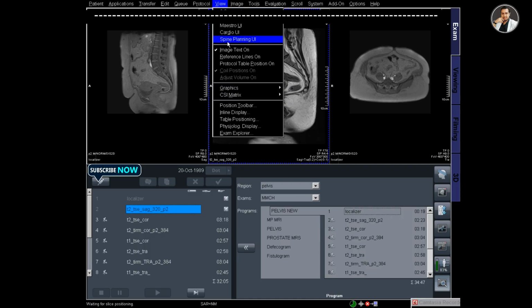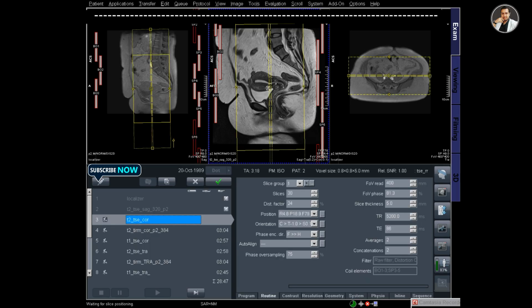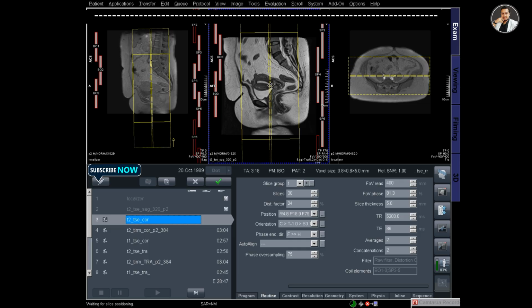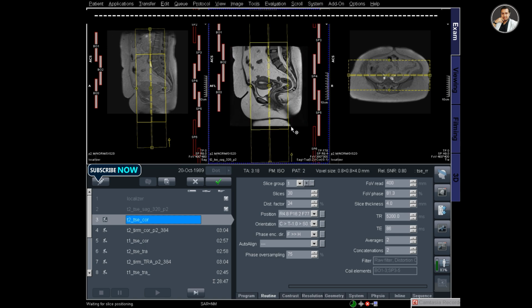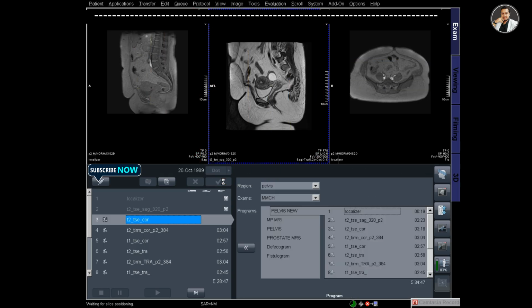Now the T2 sagittal scan has completed, and I got the T2 sagittal image. And the uterus is seen here. So I am planning on the uterus for T2 coronal and also decreasing the slice thickness to 4 millimeter. On the sagittal image, I am planning for coronal, and the slices are perpendicular to the uterus. You can see by changing the image, I make sure that the whole uterus is covered, and you can see an ovarian cyst maybe in the sagittal image.